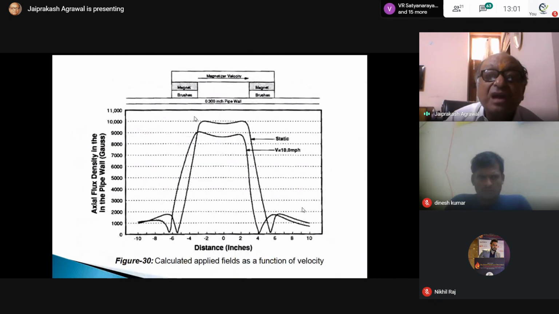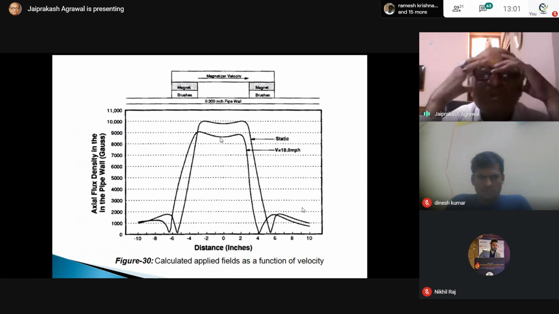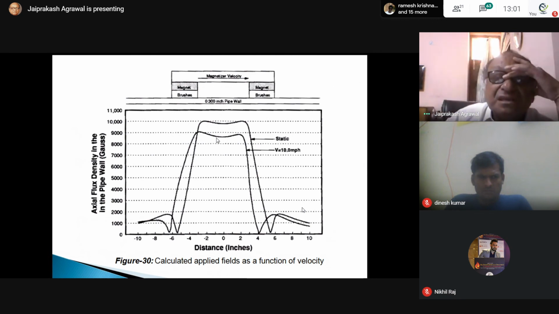See, I'm putting up a graph showing how the tool run velocity changes the reading. You see, this is the static. And if the velocity is increased, say this is the increase, then the axial flux density changes. Because the speed is more, the flux density changes.